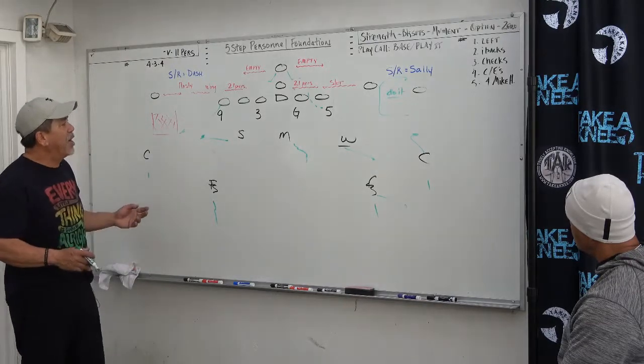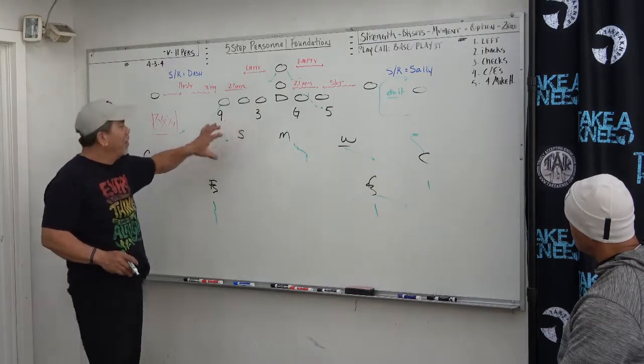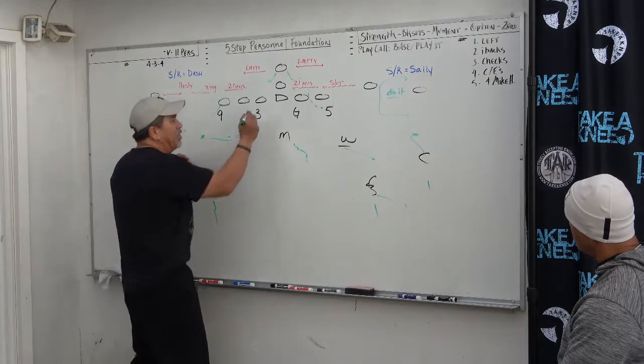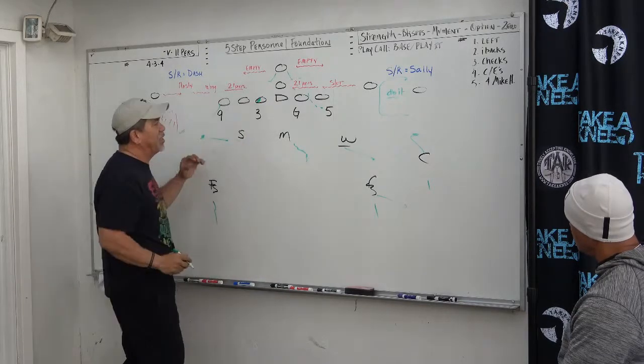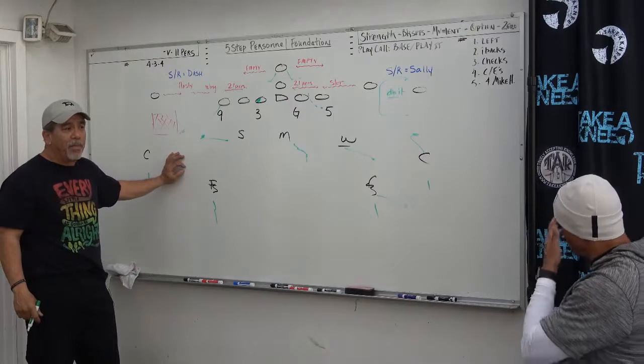A couple things that we have to recognize is where we're going to put the strength. On the tight end side, we're going to put the strength. So that's that 3 technique. So we're just making sure that we get the 3 technique right where it needs to be. And now,